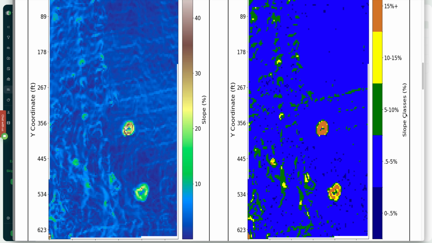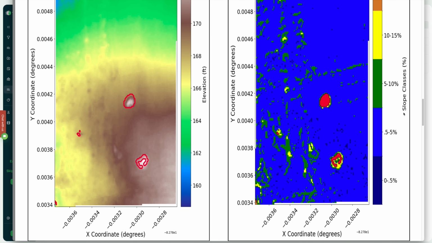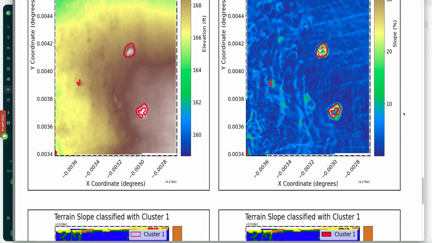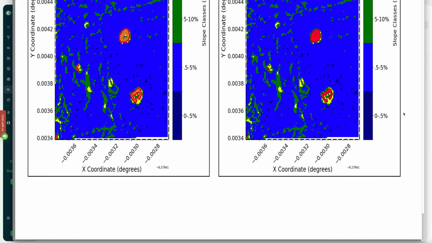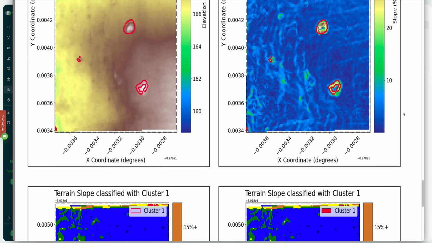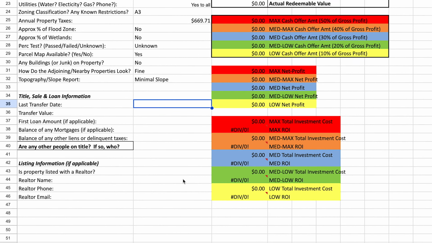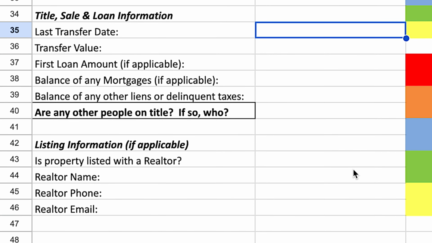If we scroll down here, we can see these heat maps that really just point out any potential issues where there's big topographical variations on the property. This particular one is not a huge problem at all because it's fairly flat to begin with. But if we did have one that was on a cliff or had a ravine or had a lot of hills on it, we'd see all that information here. So next up, this information down here, it's not vital, but it's just kind of helpful to have if it's